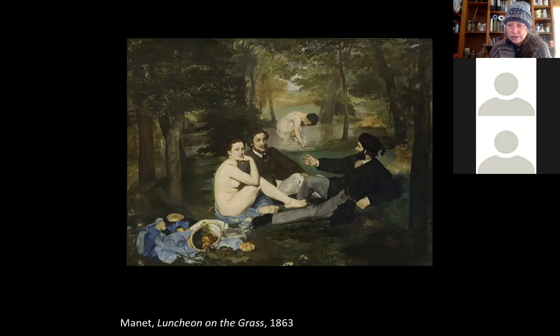Okay, so let's just sort of, again, talk about what's going on here. But first, so there's two men, Parisian men, dressed in the standard kind of garb of the bourgeois man. That is a black suit, essentially. But then there's this woman sitting with them in the park. They're not looking at her, and they're not looking at you, the viewer. But the woman is looking right at you, and she's naked as a jaybird, right?